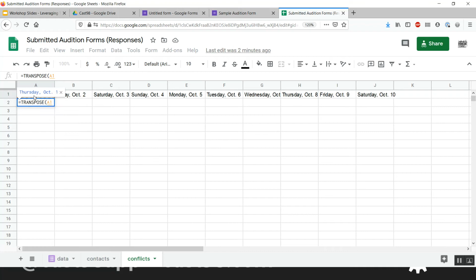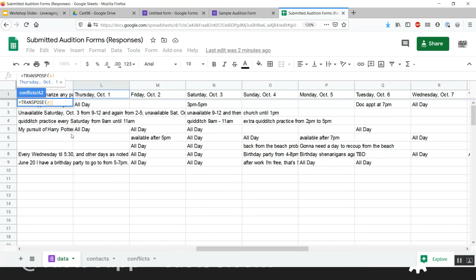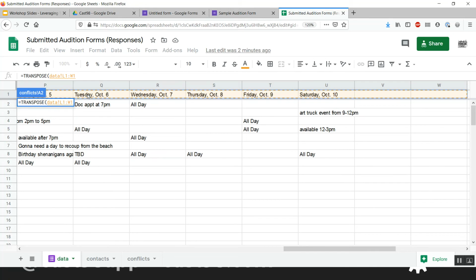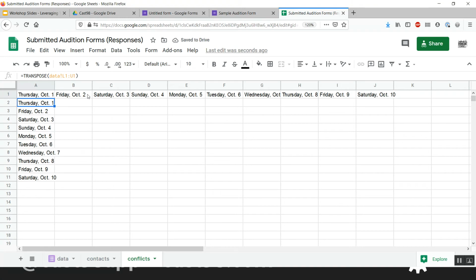So I can either use it here because I've already put it on this sheet, or what I'm actually going to do is click back over to my data sheet now that I've got my formula open, and select that first Thursday, October 1st cell. I'm going to hold down Shift and use my right arrow key to come all the way over to my last date. And I only did 10 days in this sample audition form, but of course, if you're running a 12-week production cycle, you would select all those dates all the way across. So once you've selected all those dates, just that single column, press enter. Okay, and voila, there are